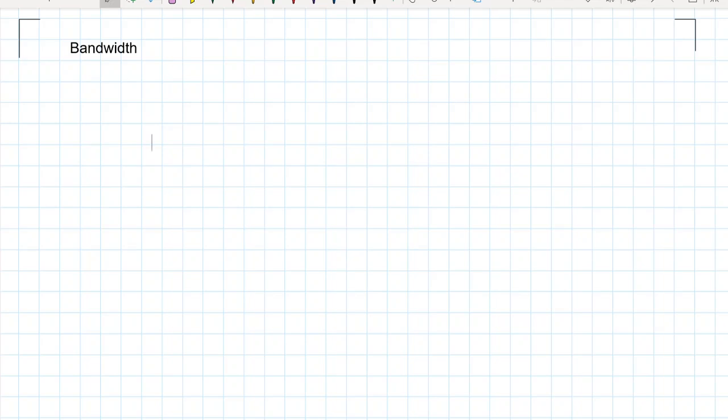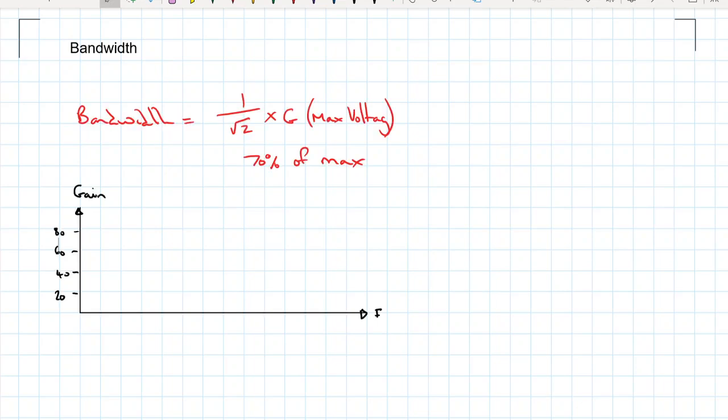So in this video we're going to look at bandwidth of our amplifier, and bandwidth is defined as when the output has dropped to 70% of its maximum value, so 70% of its maximum gain, 1 over root 2. Okay, so let's just pop that down. So if we look at that in an example, if we've got an amplifier that produces a gain of 60,